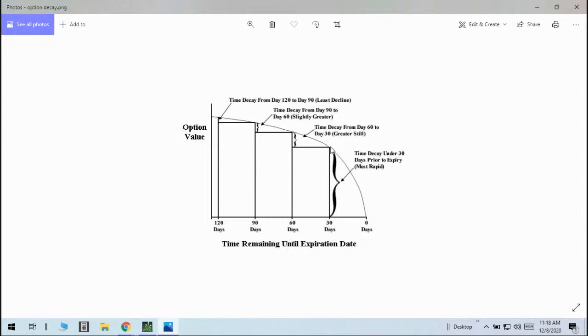Right in here, right where that cliff really starts to get steep, I'm going to look to sell right here. And then you can come over here to maybe even the 20-day mark and look, really falling off a cliff. You've got to be careful as you get into this zone because there's something called gamma that